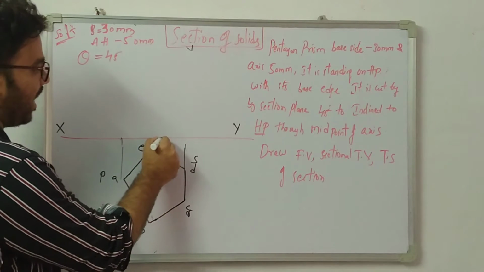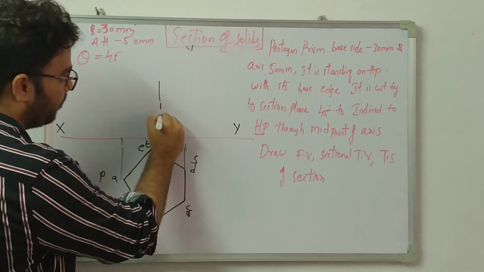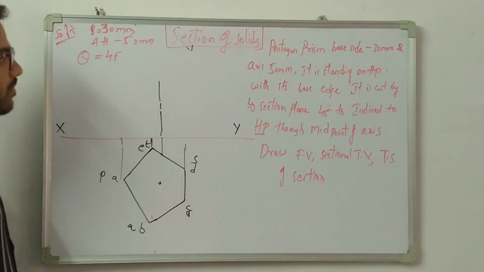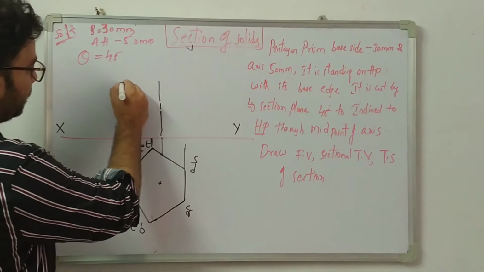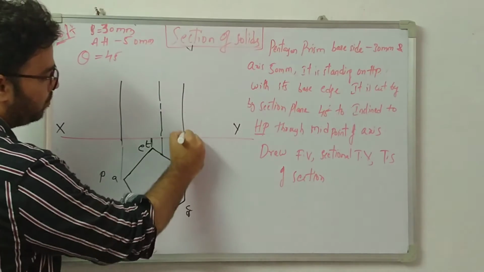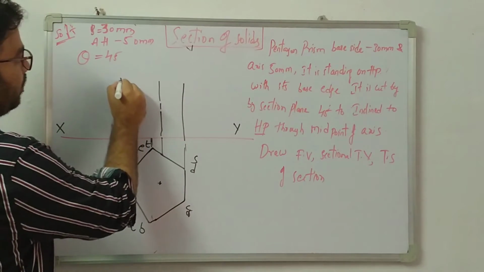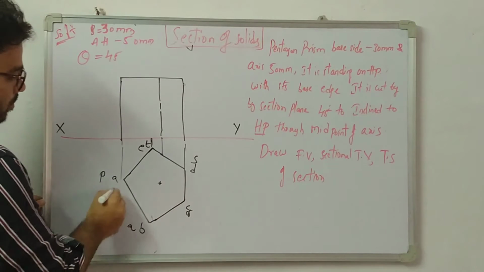Here, this is my axis. The axis height is given as 50 mm. From there onwards, draw straight lines. The height should be 50 mm. Join this base line. So here I projected. Similarly I got the projected lines for points B and E also. From there also draw the projection lines.